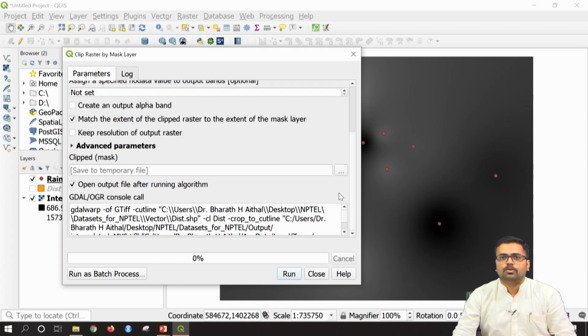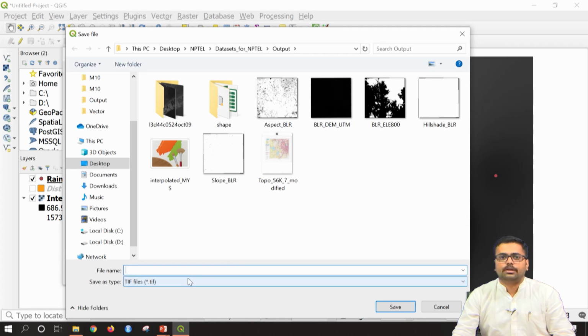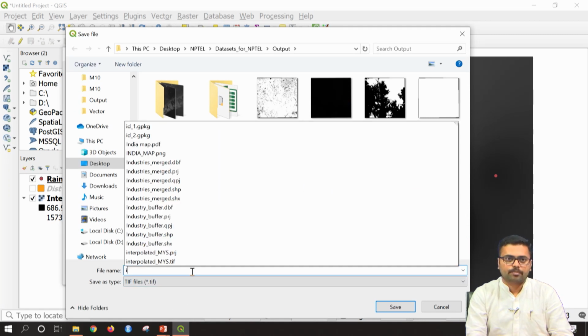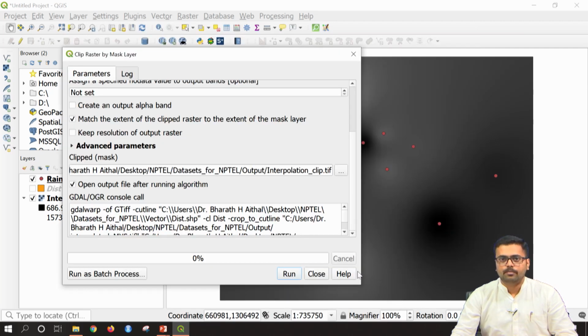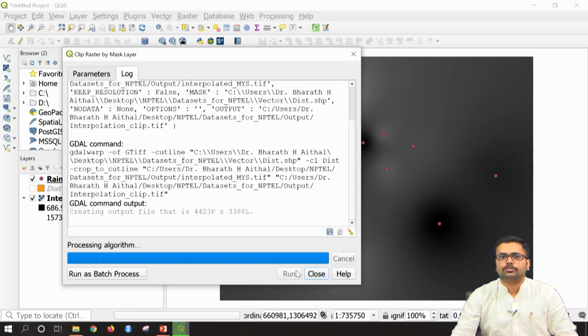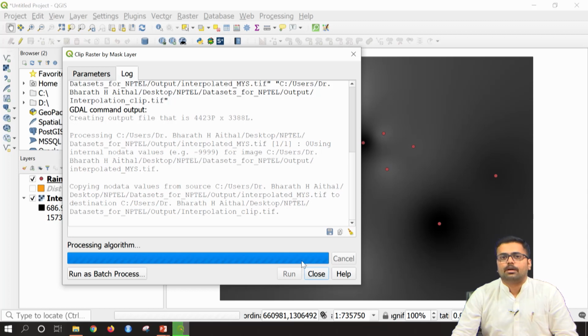Straight away I will go to clipped file. So, here save to file, here I will give interpolation underscore clip. Once that is given, I will say save and then say run. It will not be taking much time.